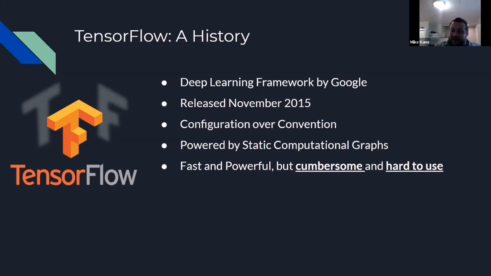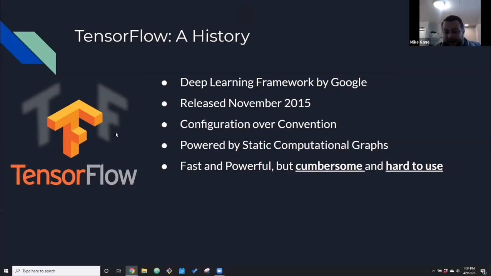And on the other end of it, you had something like PyTorch, which is the other big dog on the block in terms of deep learning frameworks. There used to be more. There still are others, a ton of other good ones out there too, but these are the ones that people have really circled around. So everyone had to make the choice. Do I want something easy to code in, but not necessarily what I need for production, like PyTorch, or do I learn something with a very steep learning curve that is challenging in terms of getting started and getting up and running? So it was kind of a Faustian bargain to use one or the other.